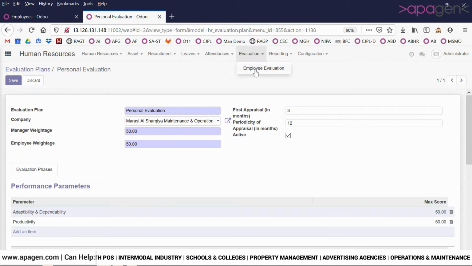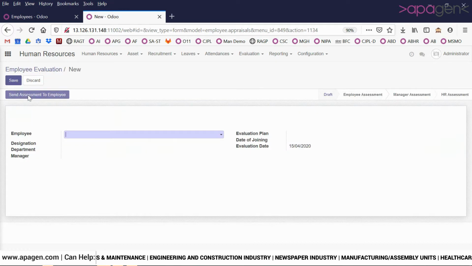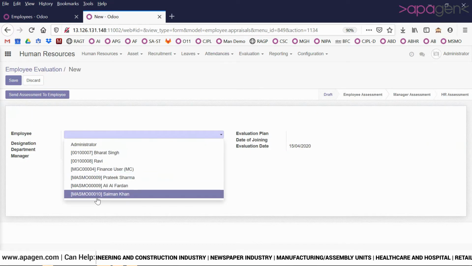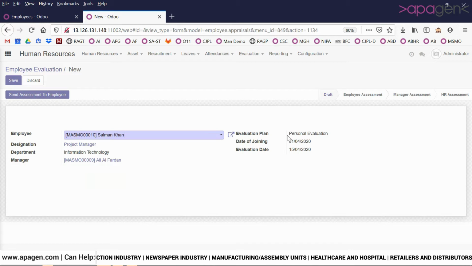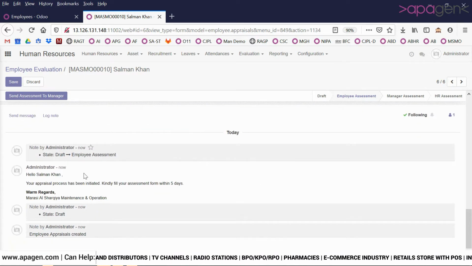Let's go ahead and conduct the performance evaluation of an employee. Based on the evaluation, the system will automatically send the performance evaluation assessment form to the employee on the designated date. In this scenario, we will be conducting it manually. The evaluation plan has been linked to the employee. As soon as I click on the button send assessment to employee, it will send an email alert to the employee that your assessment has started,